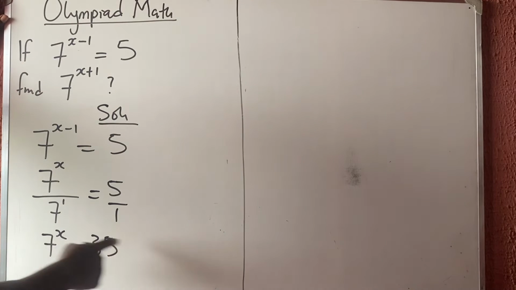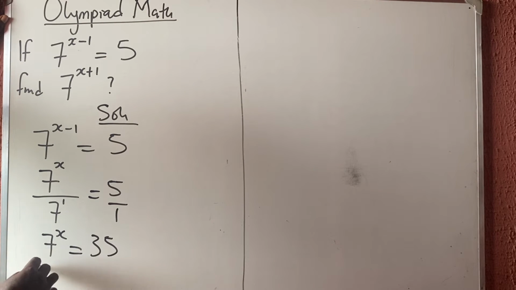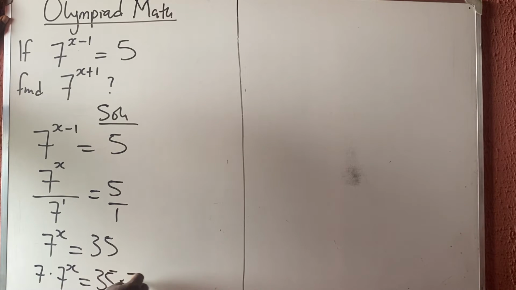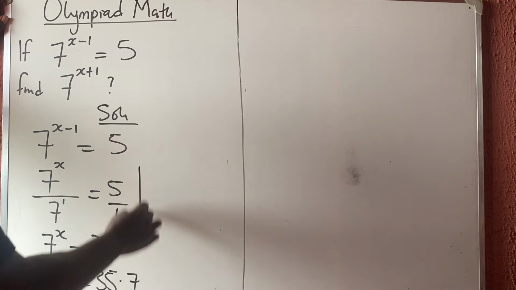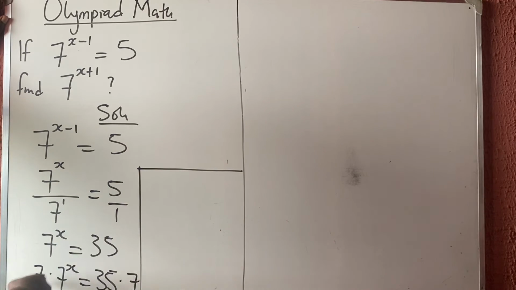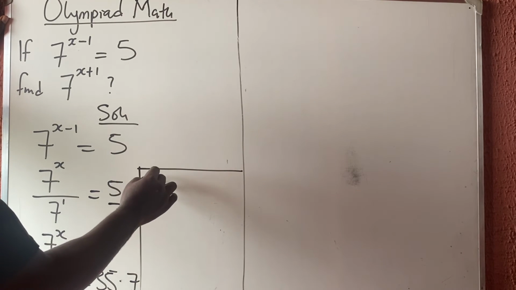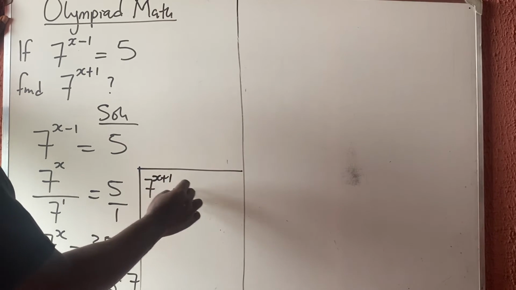If I decide to multiply both sides by 7, I'm going to have that 7 times 7^x is equal to what? 35 times 7. Okay. So let me quickly solve it here. So this is going to be 7, starting alone, is the same as 7^1. Okay, if you are multiplying according to indices, it's going to be x plus 1, is equal to